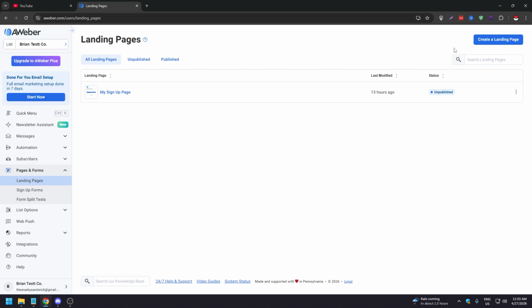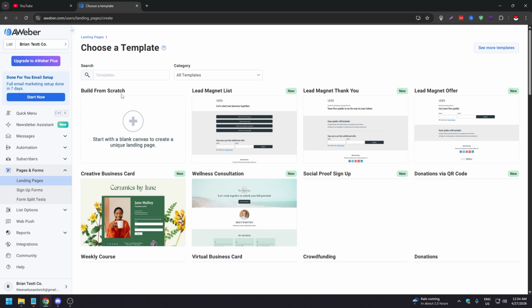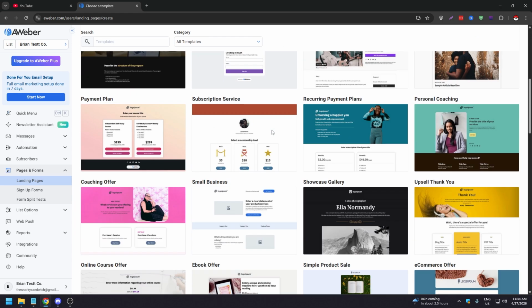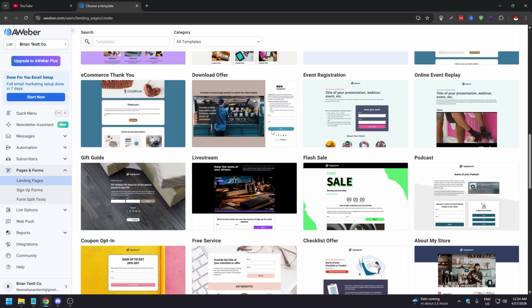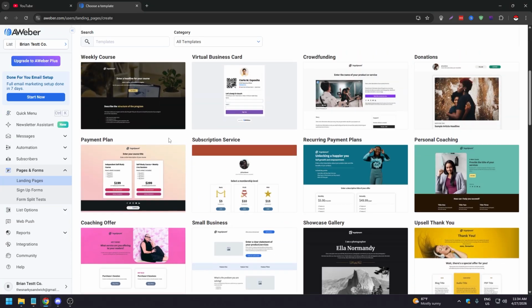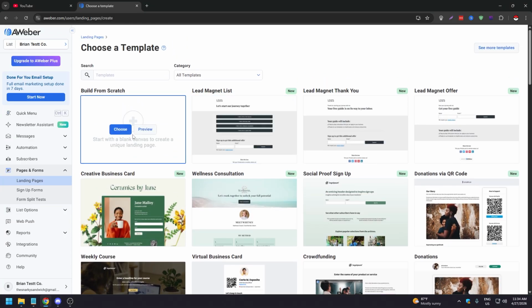And if you want to create a new one, look towards your upper right corner. There's a blue button that says create a landing page. So click on that. And here you're going to have several templates that you might want to use for your landing page, or you can just create your own. So if you want to build from scratch, click on choose. There you go. And it's going to bring us to a blank canvas so you can start creating your